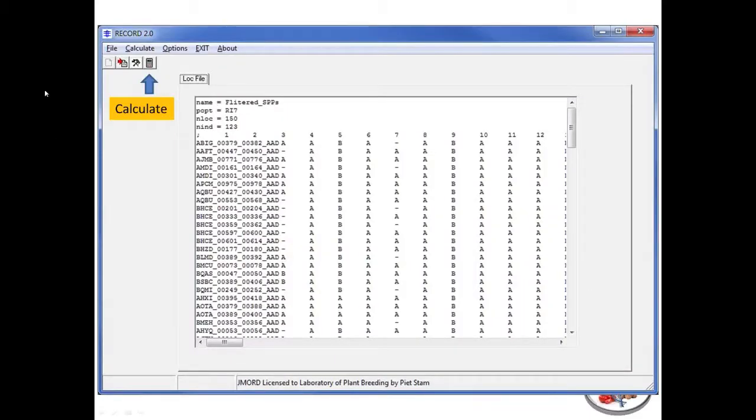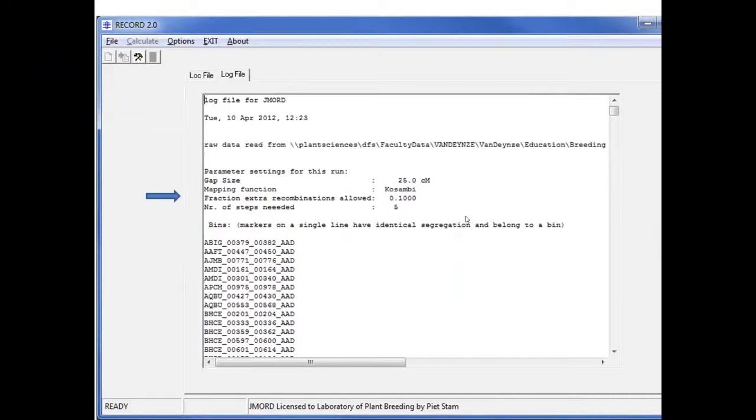Go back to your menu, and then you can hit calculate over here or in the calculator, and then you get a whole bunch of output. I'm going to go through quickly what you see from the output. You can see the output either in the log file or in a file that is automatically saved to the directory that you set up your project in. It's called JM ord. I think it actually means JoinMap order, because it's the same developers. You'll find a file called JM ord, and it's basically a text file